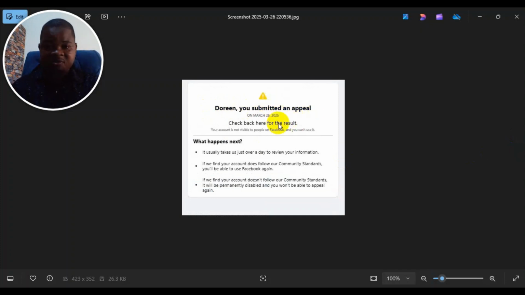Then click on next, and then after you submit, it will tell you that you have submitted an appeal, and you can check back within 1 day for the result. Then within the 24 hours, if your account is really reinstated, if you really did it well and didn't violate